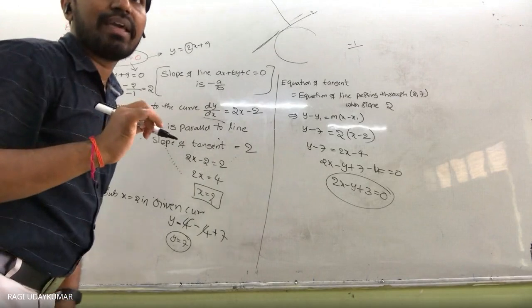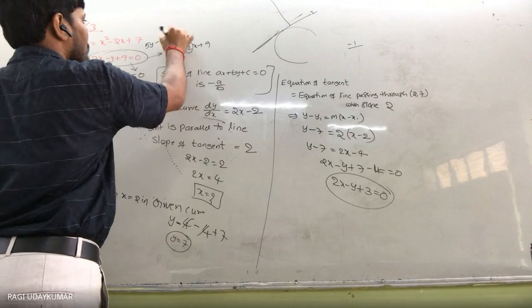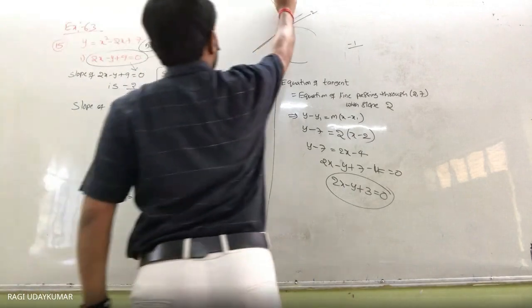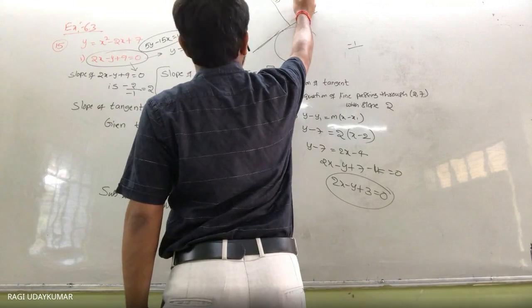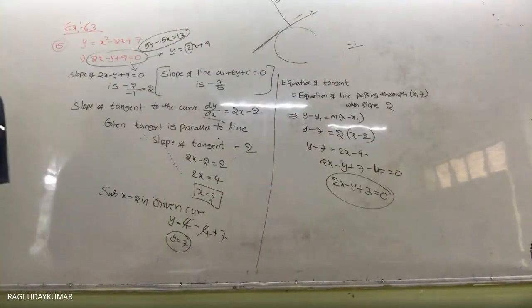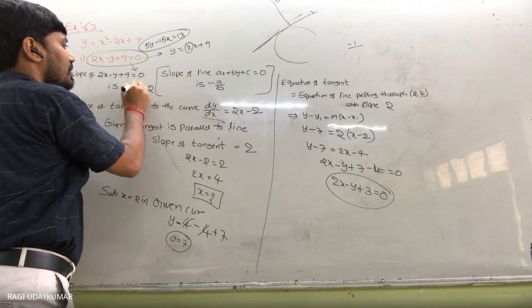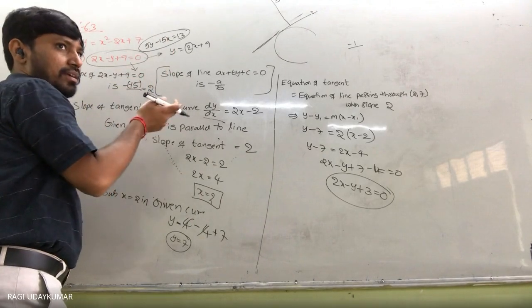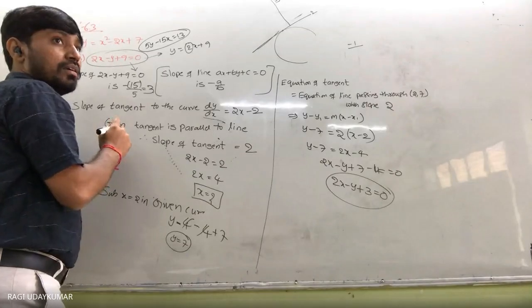लाइन क्या दे दिया ना, 5x minus 5y minus 15x is equals to 30. This is the line given. इसको परपेंडिकुलर, ये लाइन 5x minus 5y minus 15x is equals to 30. What is the slope of this line? Minus a by b. So we are going to get it 3 आएगा.